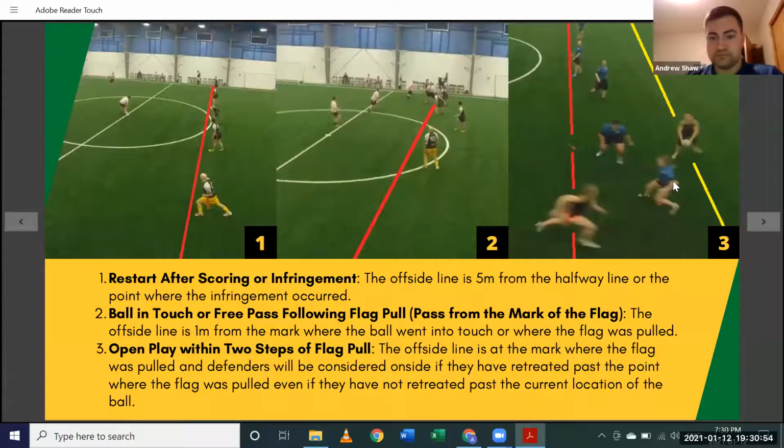Short of knocking on while trying to intercept or making contact or pulling a flag too early, they are in a position where they are allowed to disrupt that pass because they are onside in this specific phase of play. And I'll just make a comment here on this: this offside line for the offload phase